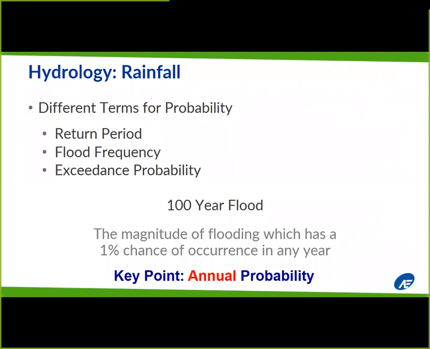And in fact, it's actually a 63% chance that you will have the 100-year flood at least once during that design frame. So that's an important consideration for municipalities and others to consider when they're designing these types of infrastructure,